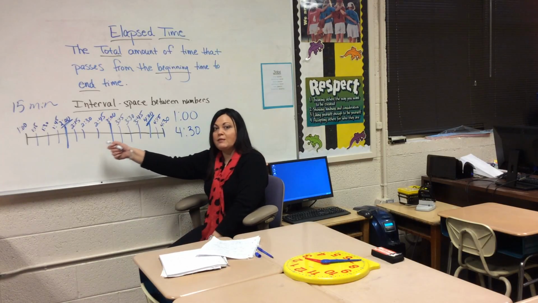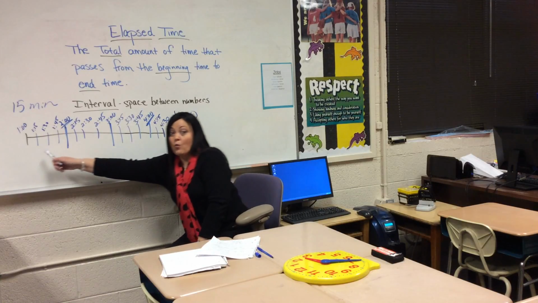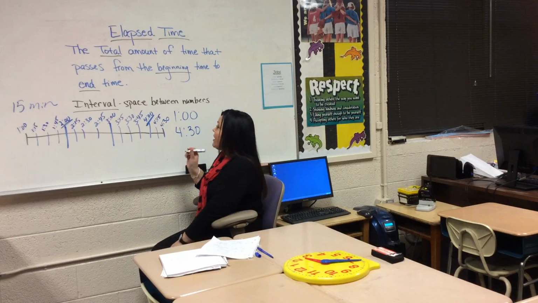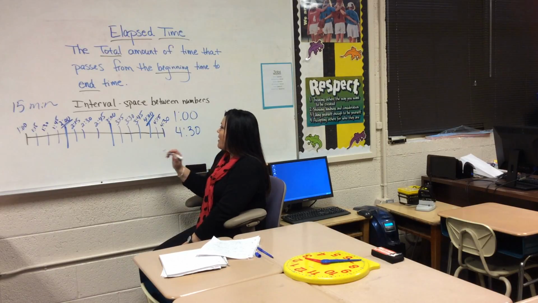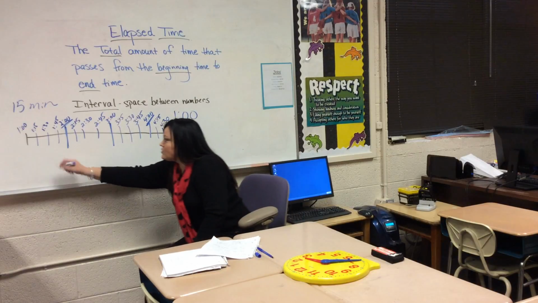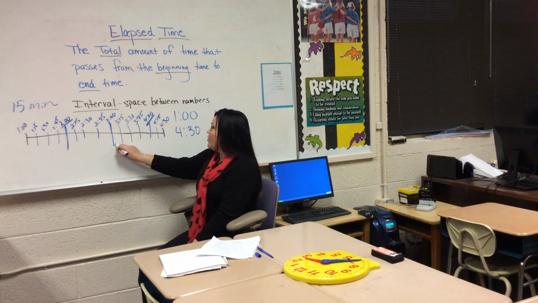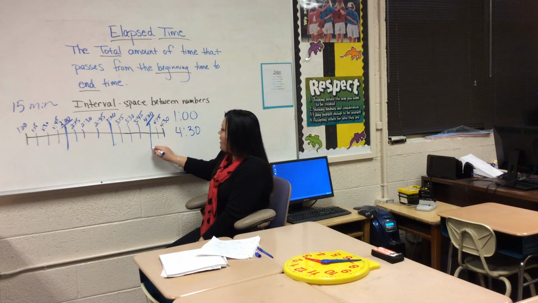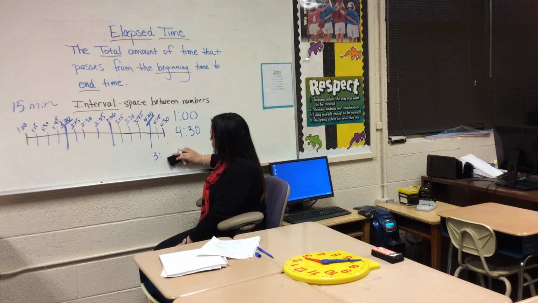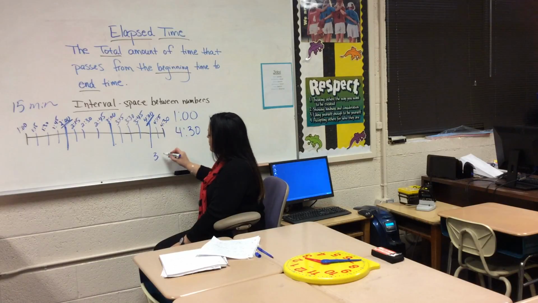I counted in 15-minute intervals. I started at 1 o'clock and I ended at 4:30. Again, I'm counting in 15-minute intervals. So how much time has passed from 1 o'clock to 4:30? Let's see, that's 1 hour, 2 hours, 3 hours, and 30 minutes. So 3 hours and